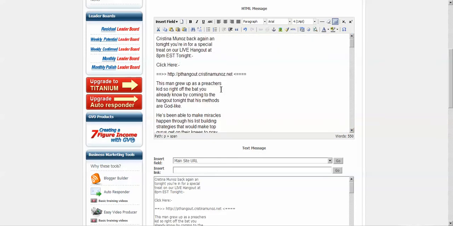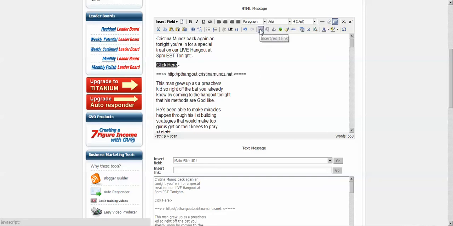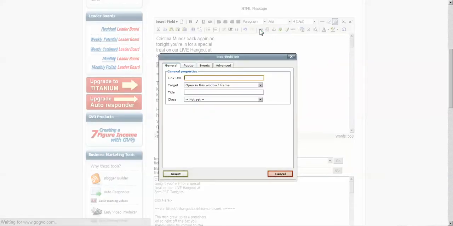Like see here, that doesn't look that pretty, so I'm just going to fix that up, delete, control shift enter will make it go down one area. Okay, and I'll just make it look pretty. And you might want to, for example, I'll show you now, that link there, you want to hyperlink it in the click here. So here I'd go click here, see that little anchor, insert edit link, you do this. Okay, control V to edit the link, open a new window. I always choose open a new window, then click here for title.